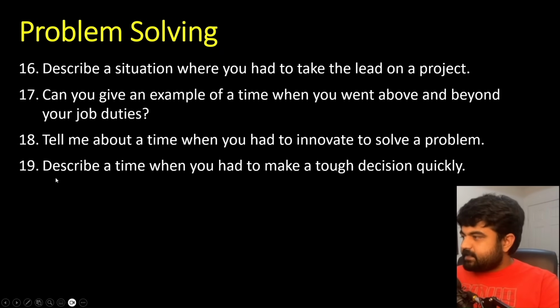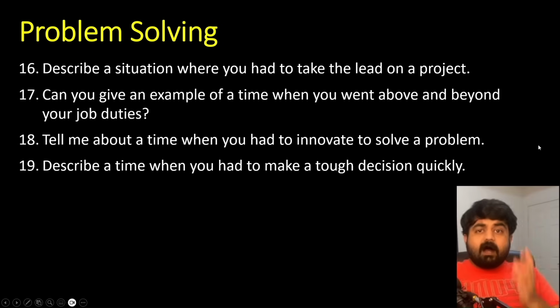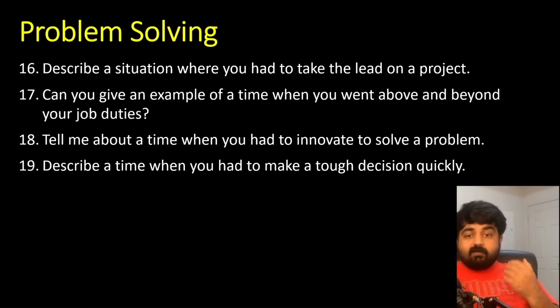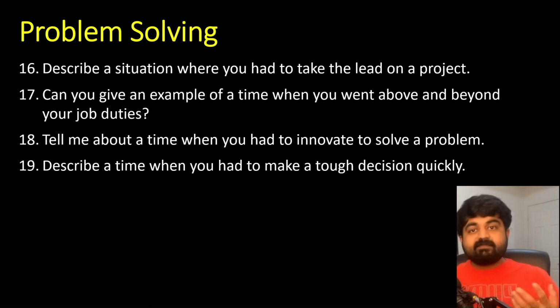So make sure you think about your experiences and come up with some solution for that. Okay. Next one is, describe a time when you had to make tough decisions quickly. How do you make tough decisions? Why was the decision tough? Maybe an example of a tough decision is you might have to let someone go, layoffs. That's a very tough decision. It can take a toll on any manager. No one wants to see lives being destroyed, but you have to take it, otherwise the company would go under. That can be a tough decision.